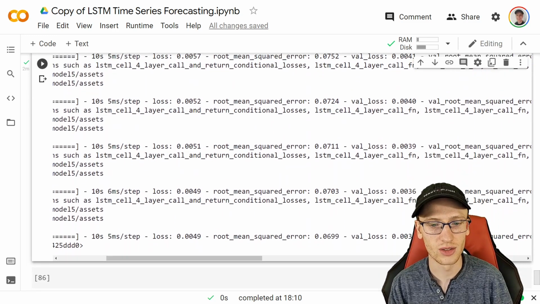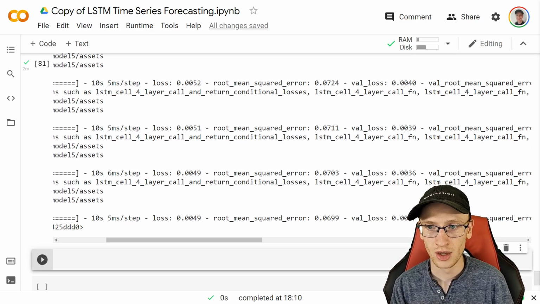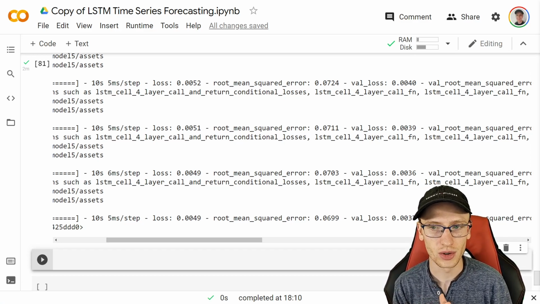It's clearly going down and down and down like the other ones were. And so I think we're pretty happy with that. Okay, now I want to make a function that's going to plot pretty much all of this stuff at once,